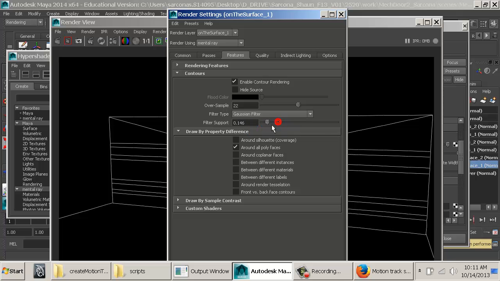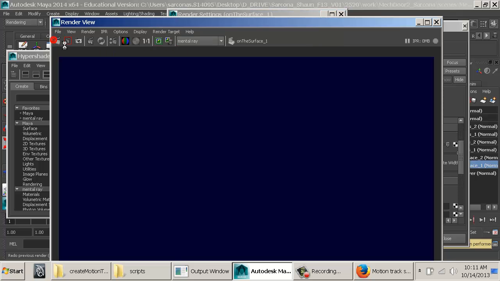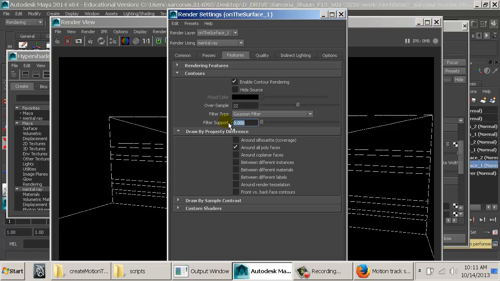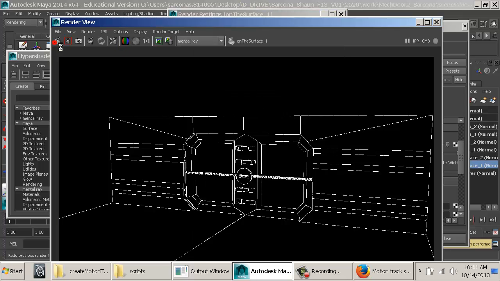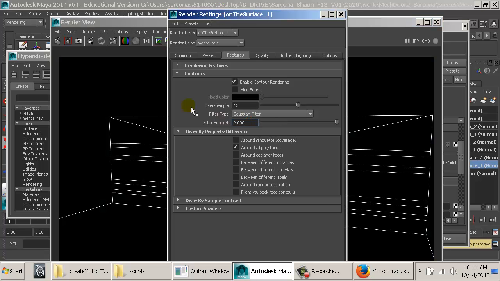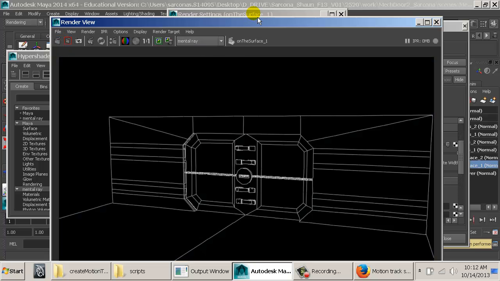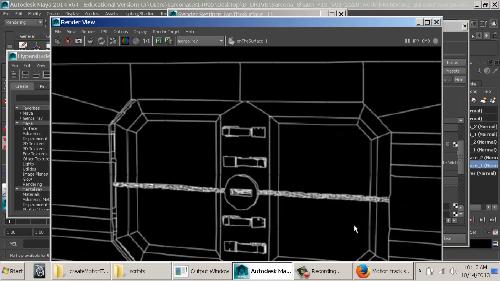We can also change the filter type and maybe even take the filter down a little bit until we get something good. If we take it up, 2 is the highest. Okay, we get something that's nice and crisp and clear, and it looks pretty decent. Obviously this bar has a lot of divisions on it, so that's why it looks like basically a